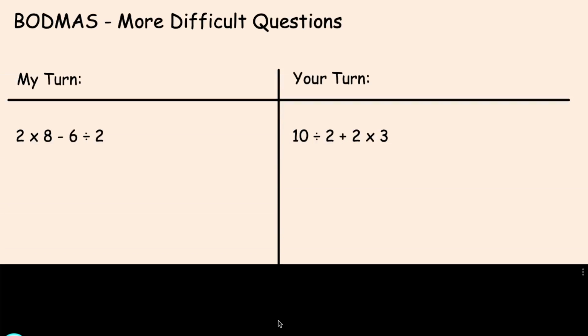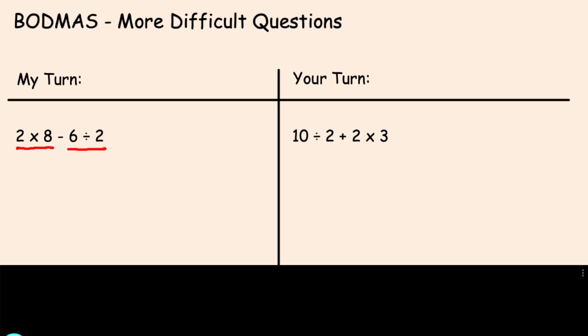So here's some more difficult questions. So again, make a quick copy of these notes here. Put down these two questions, draw a line, and I'm just going to go through how we do these ones. So first thing I'm going to do here, I'm going to just underline what happens first. Well, we've got a times, we've got a subtract or take away, and we've got a divide sign for the first expression. So what I'm going to do here, I'm going to underline both the timesing and the dividing,